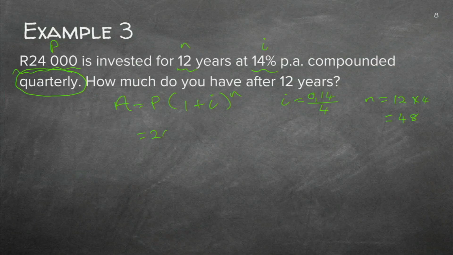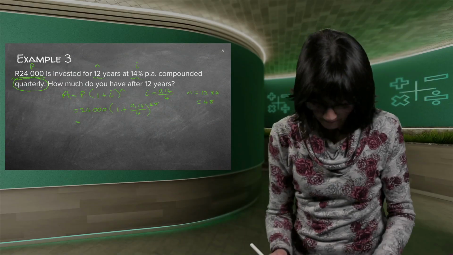So I can just do all the calculations. I can just do the substitutions, and the calculations. Can you see there's no bracket around the 24,000? Because I don't need it because it stands all on its own. And now I just take my calculator. As it is there, 24,000, bracket, 1 plus fraction. On top of the fraction, 0.14. At the bottom of the fraction, 4. Go to the right-hand side. Make very sure of that. Close your bracket. To the power of 48, equals.